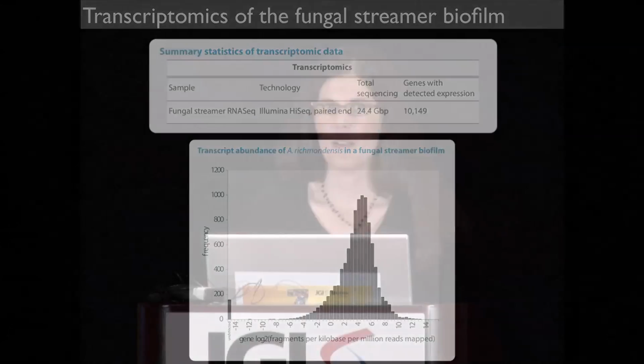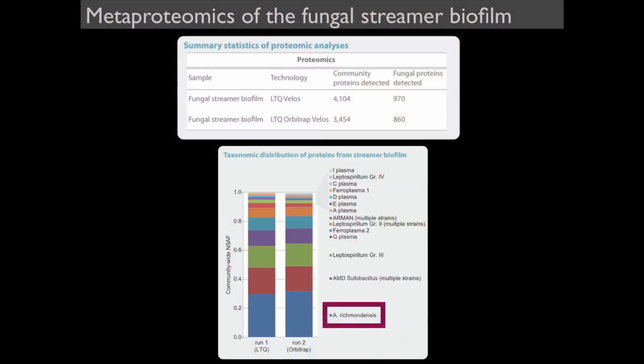We then looked at the metaproteome from the fungal streamer biofilm. We took our sample and we did 2 replicate runs on different mass spectrometry instruments. And in total, we found about 4,700 unique proteins from the AMD fungal streamer biofilm. Of those, about 1,100 were specific to the fungi, the A. richmondensis. This figure on the bottom here is showing a bar chart distribution of the taxonomy of the different types of proteins that we see. And in the bottom, I've highlighted Actinomycetes richmondensis, and we see that about 38% of the proteins were related to